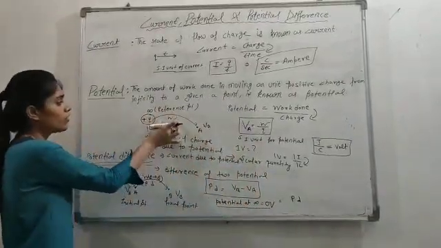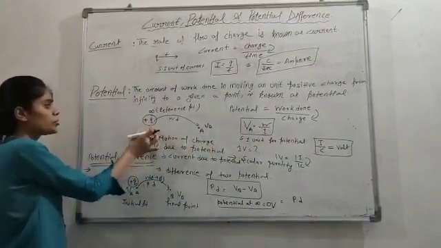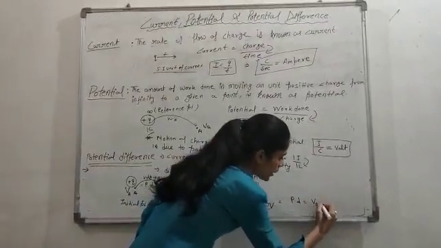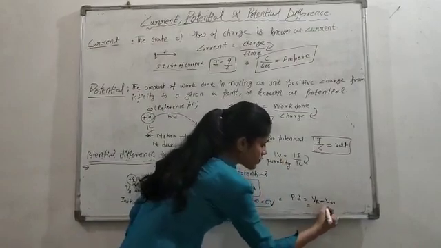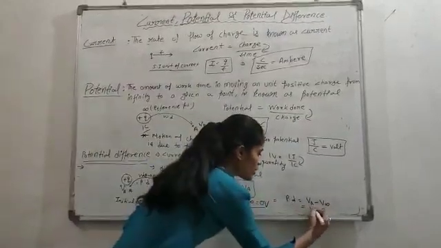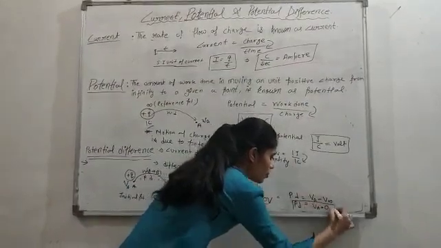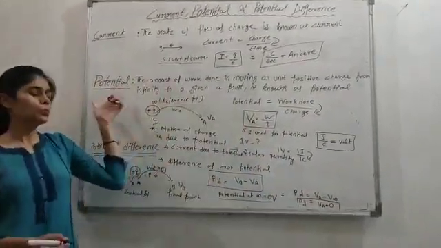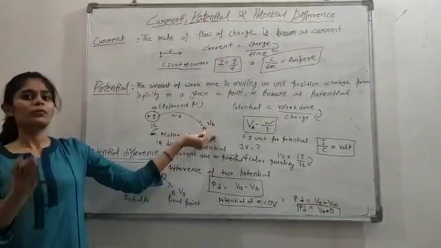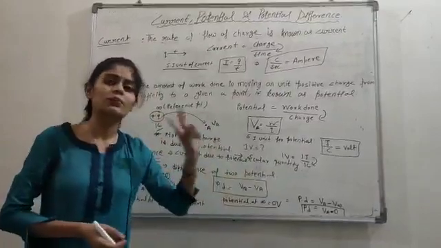So we can easily calculate the potential difference. For this case it will be the potential of the final point, the A point, minus the potential of the initial point, the infinity point. So VA minus V infinity. As we know, the potential at infinity is 0, so it becomes VA. Same formula we get. So potential difference is quite similar to potential, except that in this case we are given only 1 point, so we take another point as infinity or any reference point, and then we have 2 points.